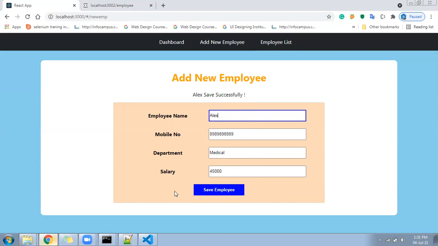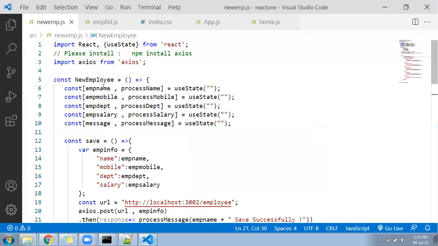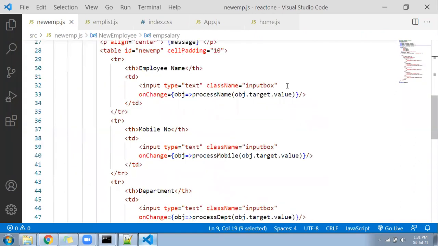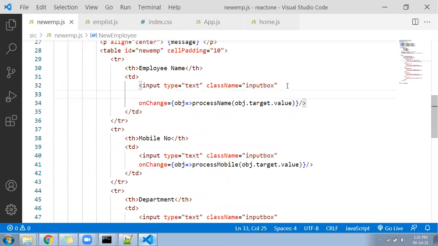Okay, so let me go here. How to clear the text box? First, look at here. You have variables called emp name, mobile, department, and salary. I will call that variable here under the text boxes, saying value equal to emp name.